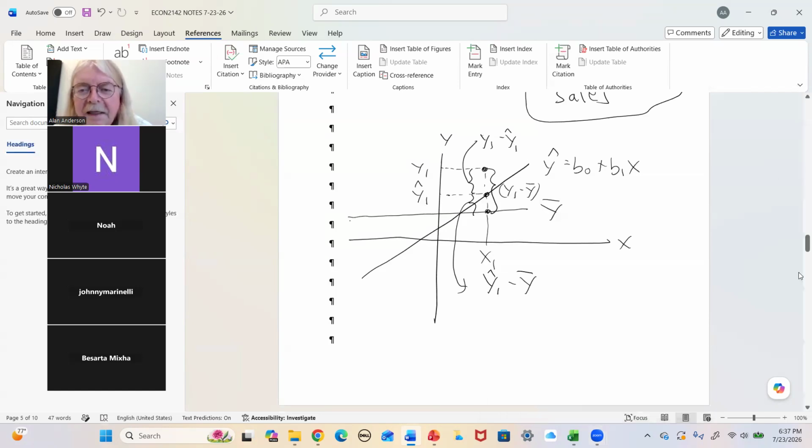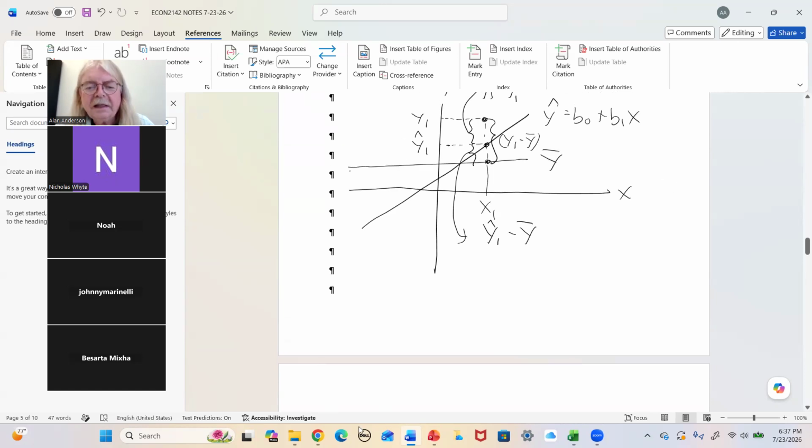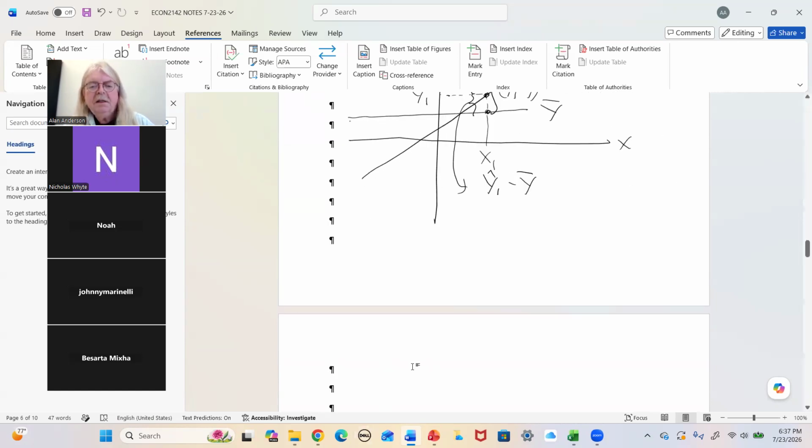So, yeah, I know it's getting crowded with all these symbols, but the thrust of this is what they're getting at here is this. The regression line is used to predict the values of y for each value of x,